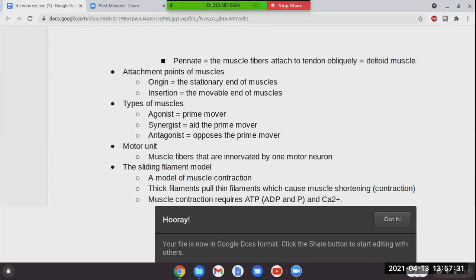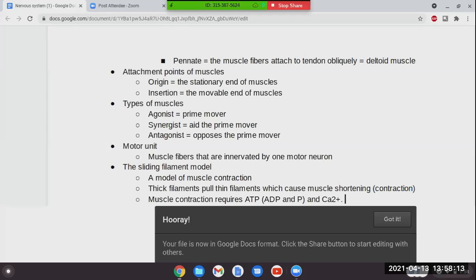The agonist: in every muscle movement, there is an agonist. An agonist means the prime mover of a particular skeletal structure, because as you know, muscles usually move a certain kind of skeletal structure. So there's a prime mover, that means the primary participant in the movement. And then we have a synergist that aids the prime mover, and we have the antagonist that works against the agonist. So I don't expect you to understand or to come up with examples, but just know the different types of